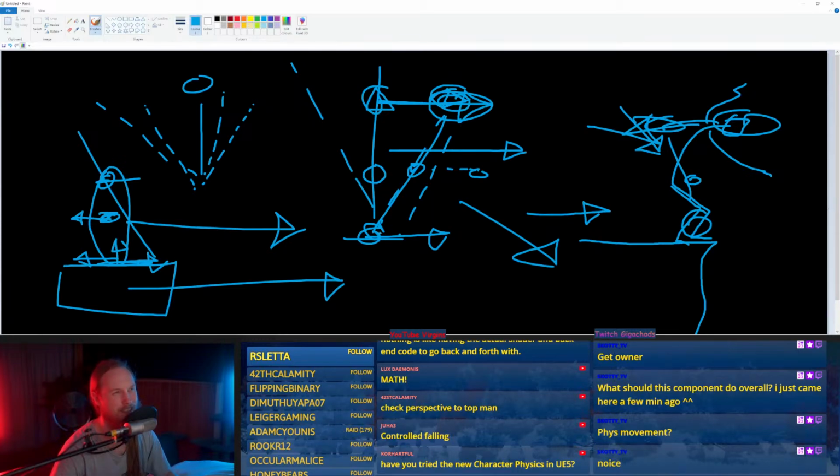Does that make sense? So the feet try and compensate and catch up, and that's how walking works in real life.